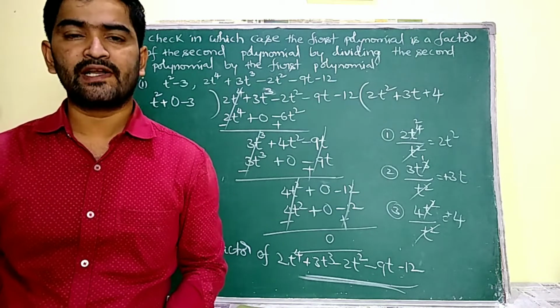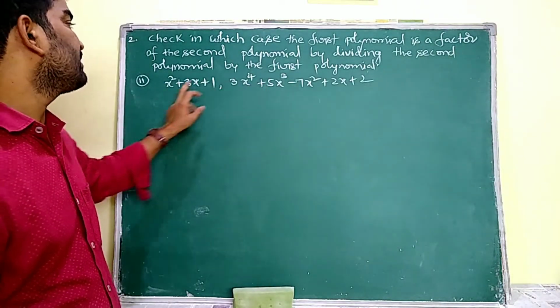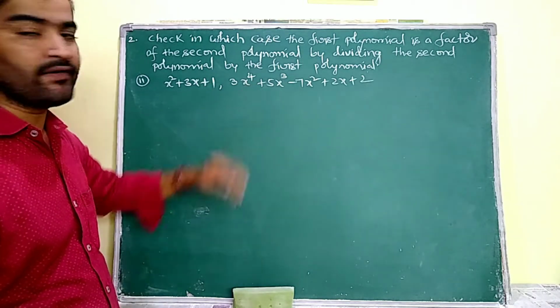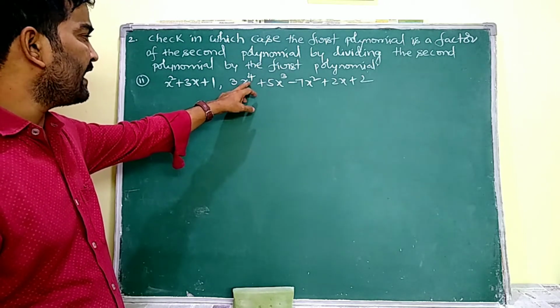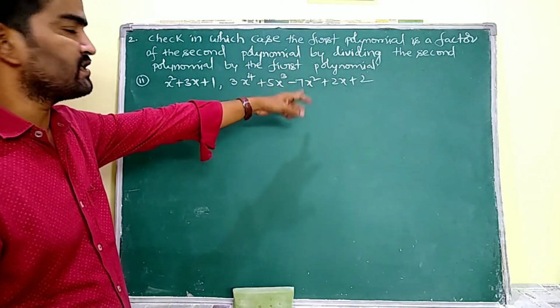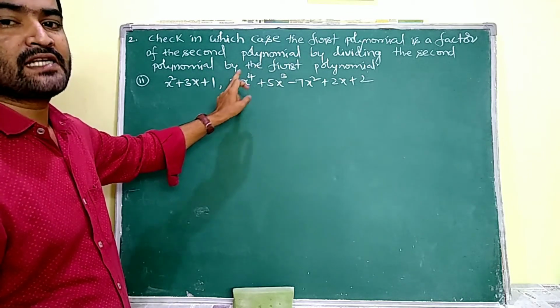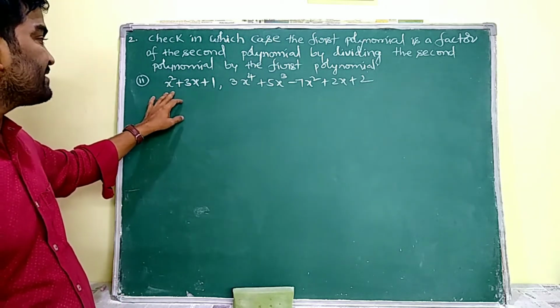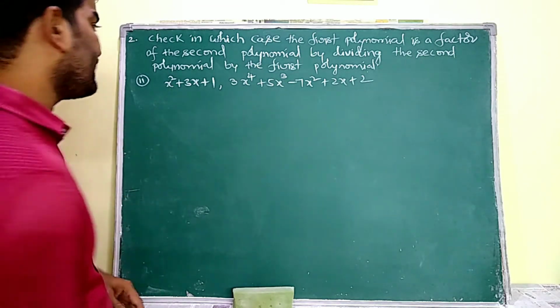Okay, I hope you understand everyone. See ma, the second question. I have to divide this second polynomial with the first one. Now I have to check whether all the terms in the given polynomials are there or not. So see ma, x power of 4 term, x cube term, x square term, x term and constant. So the dividend is having all the terms and it is in a standard form. Coming to the divisor, the divisor is also having all the terms and it is also in a standard form.